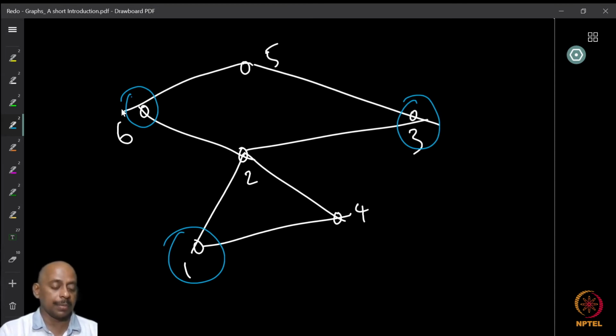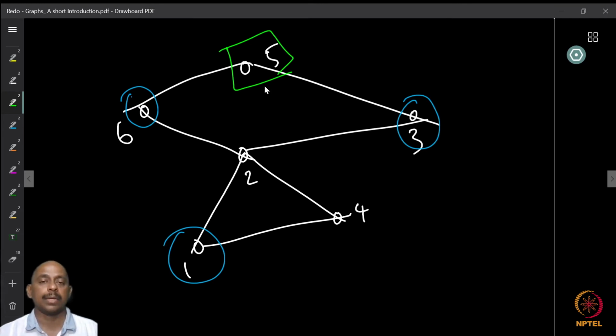I can talk about other independent sets, like maybe I started with 5. Now once I choose 5, I won't be able to choose 3 or 6. Now I can pick maybe 2, right, or 4 or 1. Let me say that I picked 1, right? So then 1 comma 5 is an independent set, right? Now once I picked 1, I cannot add 4 or 2, so I cannot add any more, right? So I have a 2 element independent set, 1 comma 5. I have a 3 element independent set, 1, 3, 6. Similarly, I can find other independent sets.